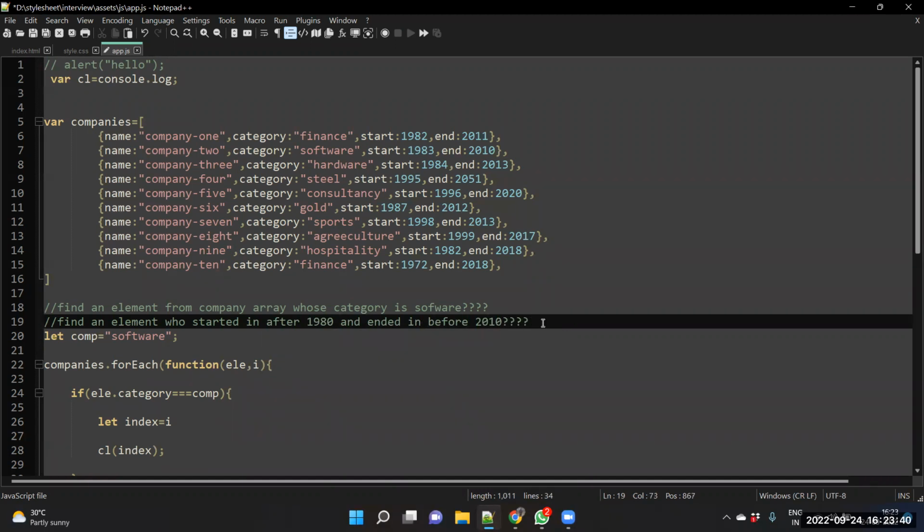There is no company which ended before 2010. Take 2020. Okay, started after 1980 and ended before 2020. Yes, you can take your time.